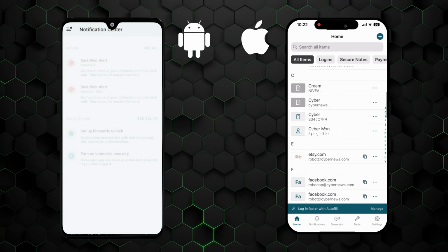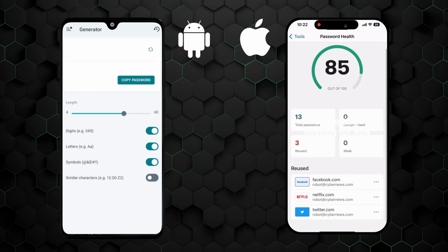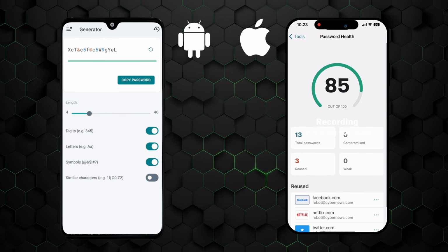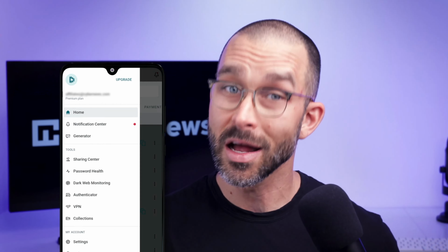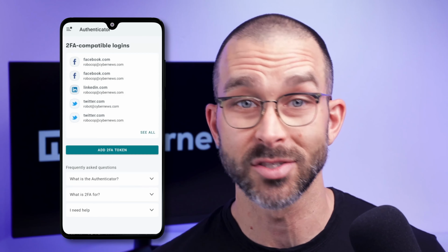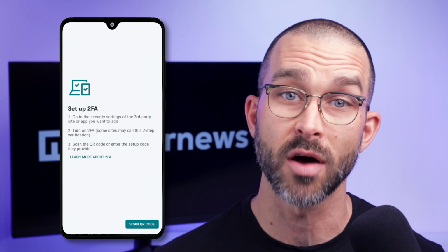Now getting back to Dashlane. I was also a little bit surprised that I couldn't import passwords on my iPhone. Other than that, the mobile apps on Android and iOS worked great. Both of them had access to most of Dashlane's features, including password health monitoring, dark web monitoring, and a VPN. In addition, I like that Dashlane mobile apps can work as an authenticator, allowing me to get rid of other third-party apps like Microsoft Authenticator. Overall, despite lacking a few things I'd like to have, it's still a packed password manager with all the essentials